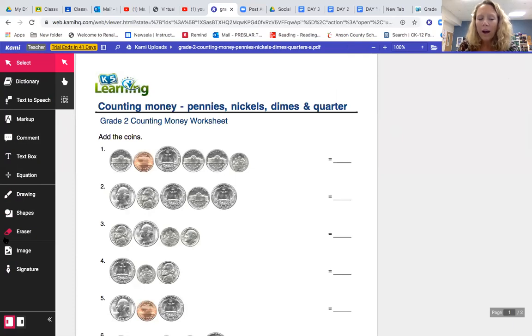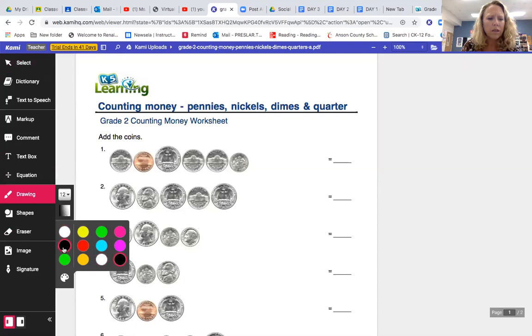And then I'll show you how to share it when we're done, just so that you understand that we don't pay for this Kami version. It is free, but it doesn't have a turn-in button. You just have to click save, and it will come to me with the students' annotations and their work on it. Okay, so what I'm going to do is I'm just going to get my drawing tool here, and I'm going to access